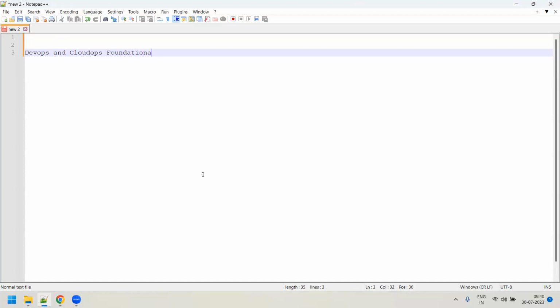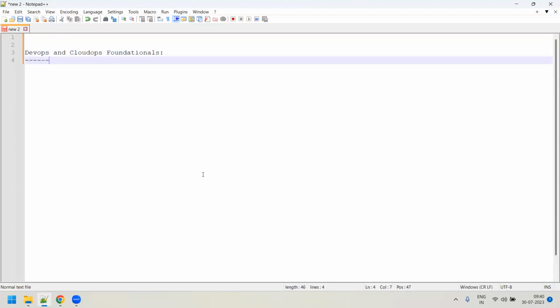Foundational session means suppose somebody wants to really enter into DevOps or CloudOps. What are the basic essentials they are required to know, and where can they start their journey in learning DevOps and cloud, so that they can fetch a job in this domain. So that's what our idea is all about.